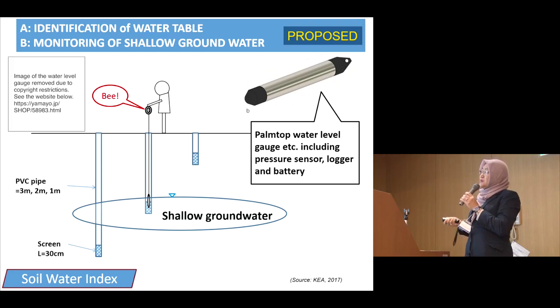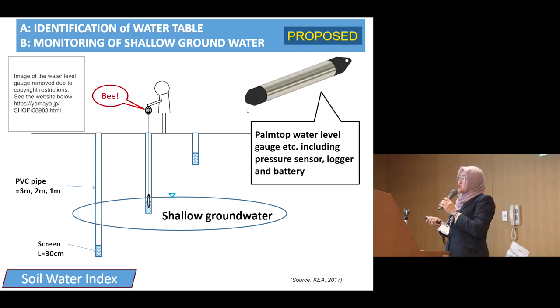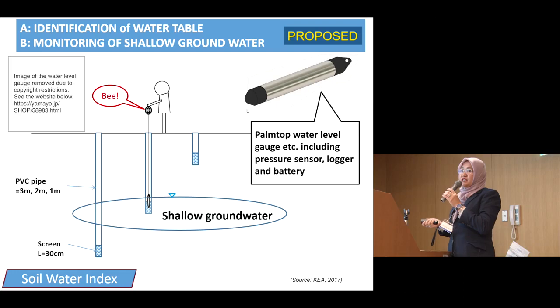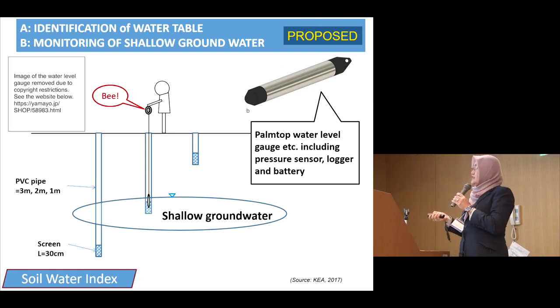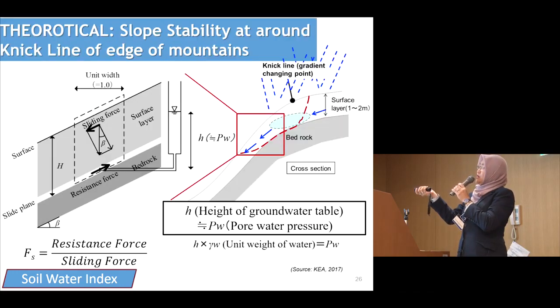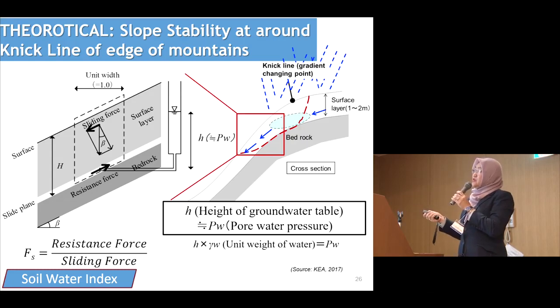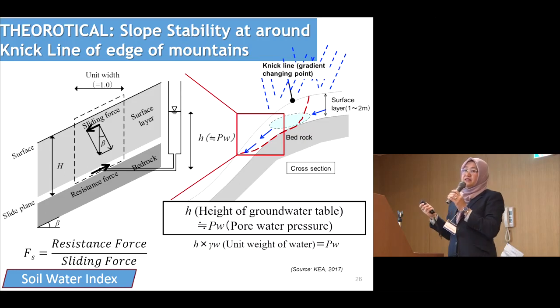We install these piezometers based on the pre-assessment. They are going next week for the pre-assessment identification of site locations for the neck line. Just now I forgot to show you. So we are going to install between the neck line gradient changing points, 2 here and 2 here. Of course after that, when the water table is rising here, it is comparable with the one down here. So this will be a very difficult selection for next week's site visits for at least 6 stations,